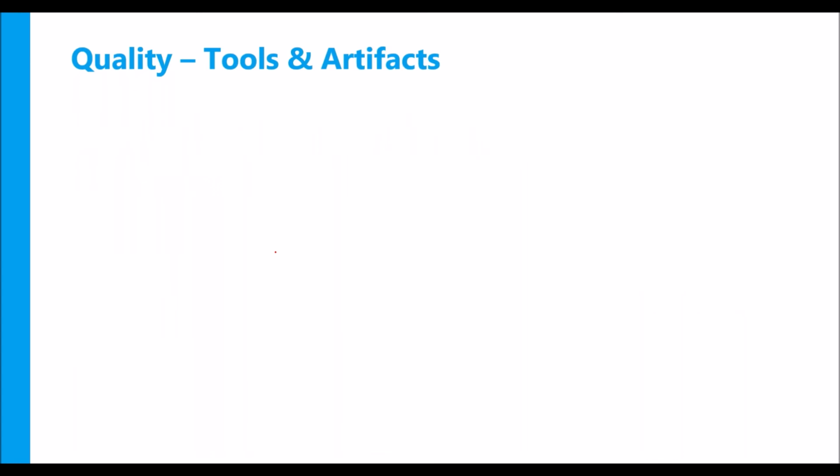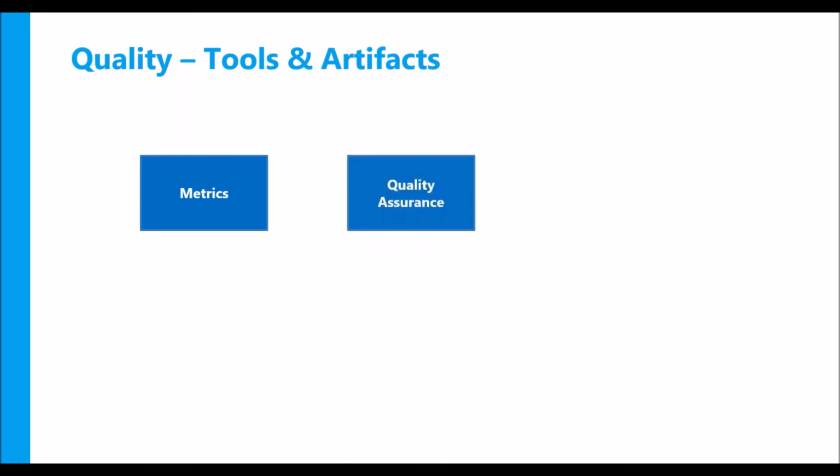So what are the tools and artifacts that can help you with quality, right? Your quality metrics help you understand how good you are with the quality. So that is obvious, right? It can be a report, it can be a dashboard, however you do it. Your quality assurance and quality control, I'm going to talk about both of them in parallel, right? Quality assurance is the tools and techniques that you use to assure the quality you have promised to the customer. Quality control is to ensure that the promise to the customer is taking place by measuring the quality. So your metrics and control quality go hand in hand.